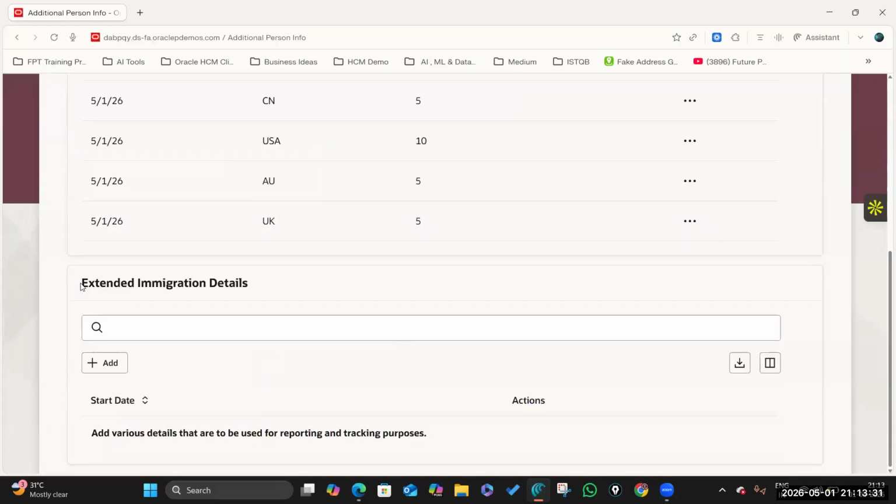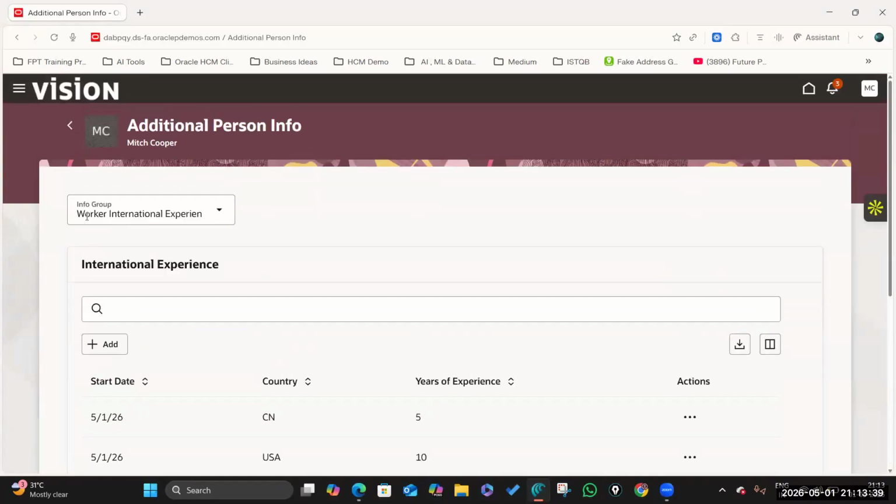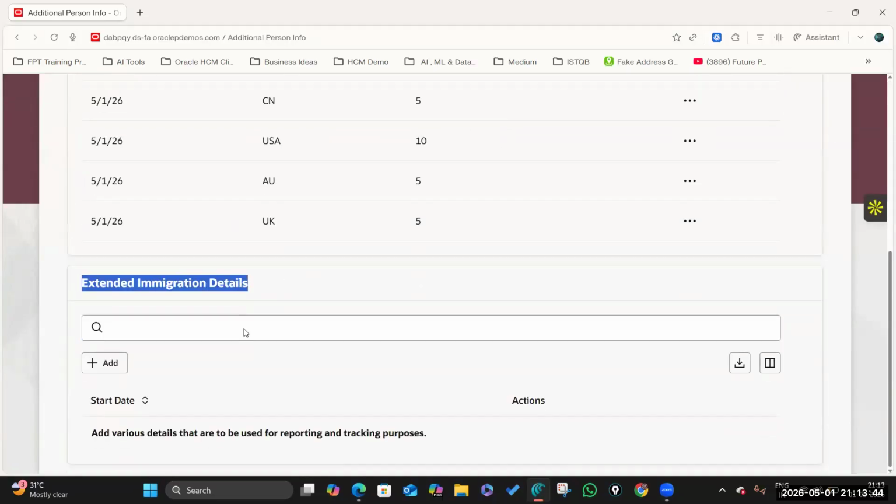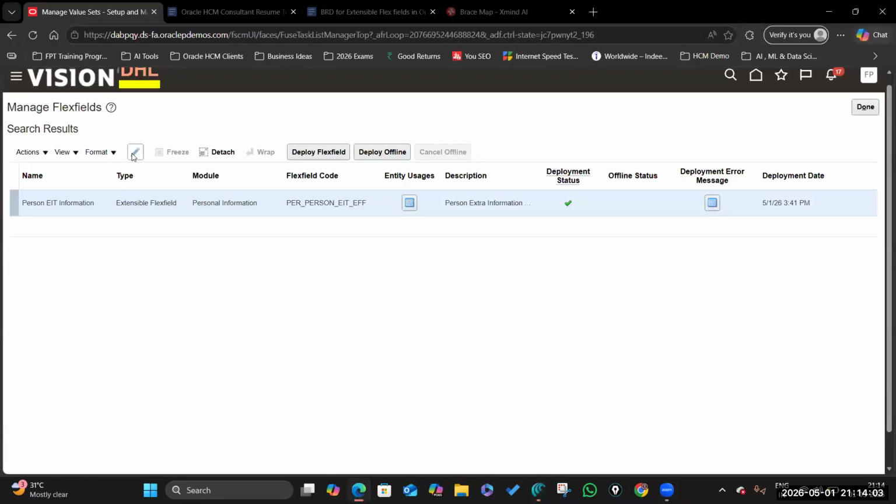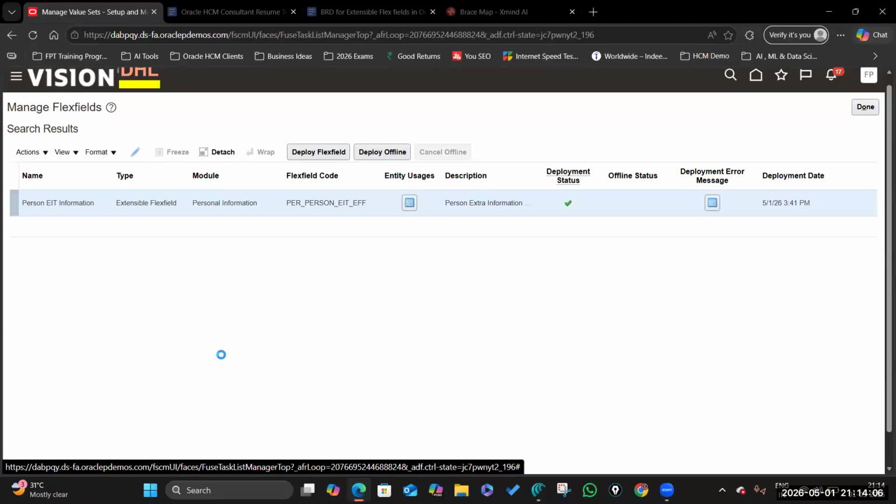But for extended immigration details, we have just created a context, nothing but a section, associated the context to the page called Worker International Experience, and deployed the particular extensible flex field. Now what I'm going to do is add columns or segments and value sets to the extended immigration details context. So again, come back here and click on edit,